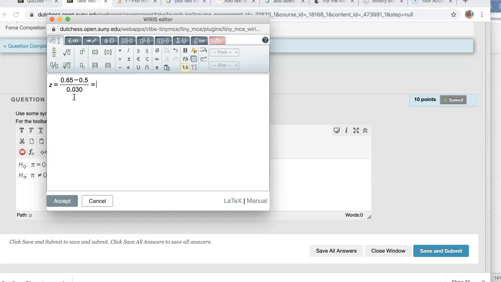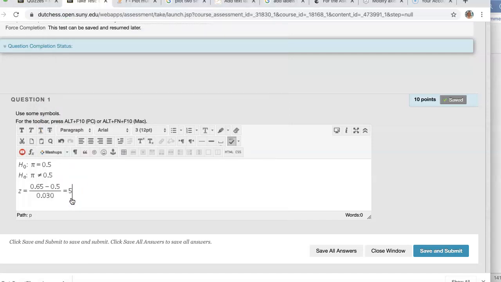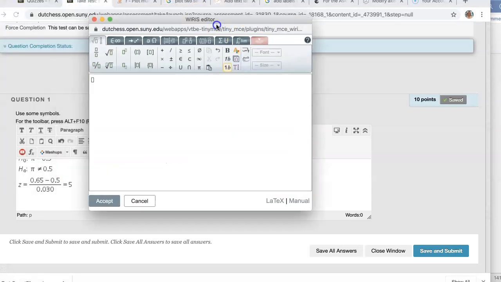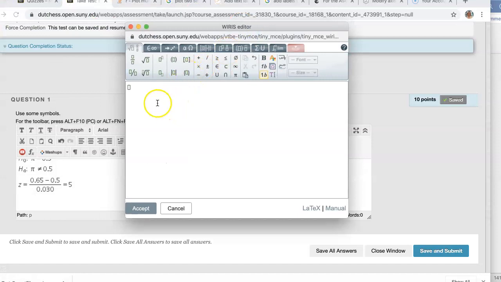I don't know what it is, it might be 5, but I'm just making this up, so don't count on me. And then click accept. And I just hit enter to get to a new line, but you wouldn't need all this in one question. I'm just using one question to show you. What if we needed a square root? So for example,